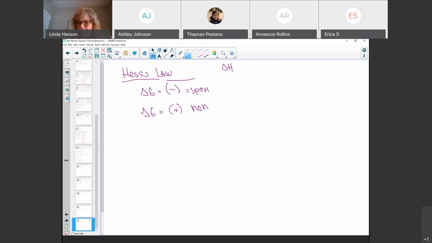In other words, if you flip the direction of a reaction, you flip the sign. If you distribute a coefficient through a reaction, you're going to apply that same coefficient to the magnitude of delta G. So it's so much of the same lesson. The only little twist at the end would be if it's spontaneous, you look at the sign on the delta G. That's all there is to that part.